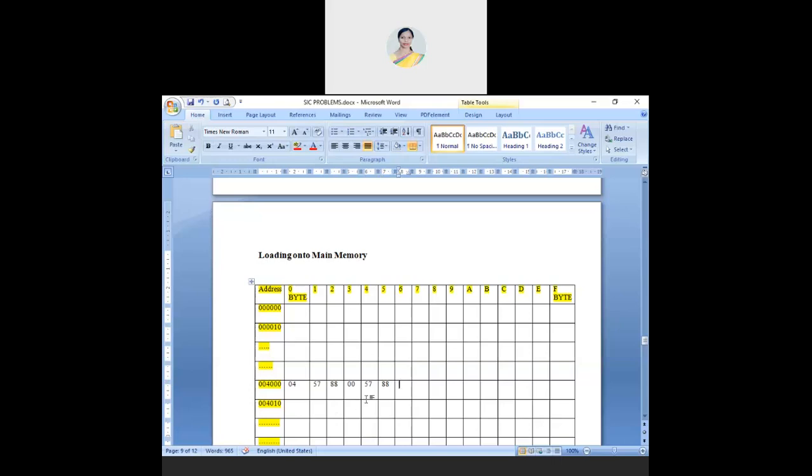18 1, 8 8. Next. C0 C0. Next. 15. Okay, this is 3 bytes. Next. 2C, 2C. 57 57. 85 85. Good. Next. 38 38. 40.